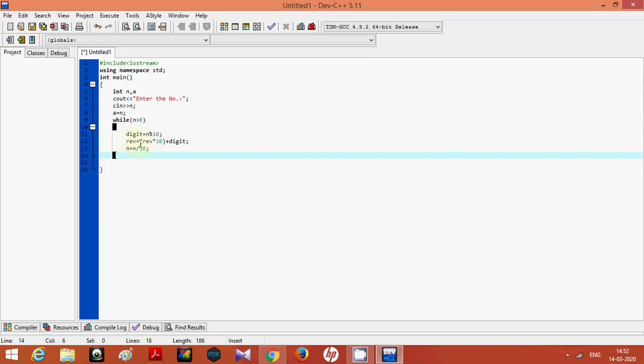So in this step, after it goes in, reverse is equal to reverse star 10. What happens here? Reverse is 0. You have to do one more thing here. You will have to declare more variables, digit, and just to be sure that no garbage or junk values are inserted into the variable, we will be giving reverse equal to 0. We will be initializing it there itself,